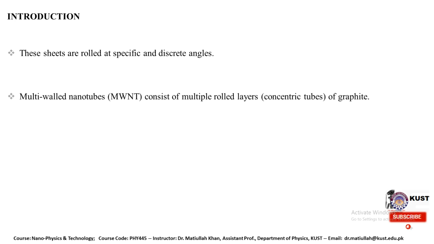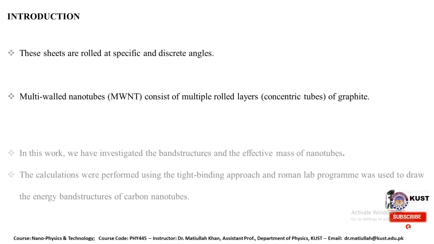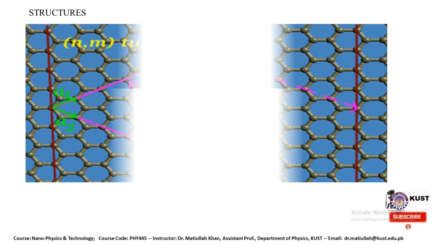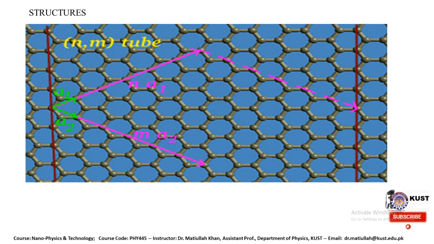Moreover, these sheets are rolled at specific and discrete angles. Multi-wall carbon nanotubes consist of multiple rolled layers that are concentric tubes of graphite. In this case we can basically discuss the introduction to carbon nanotubes. So this is the structure of a carbon nanotube, and how we can make these specific structures,